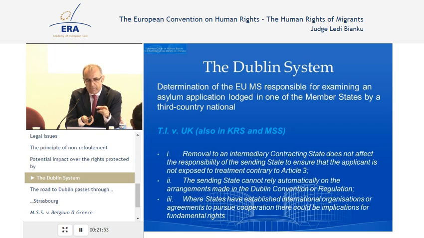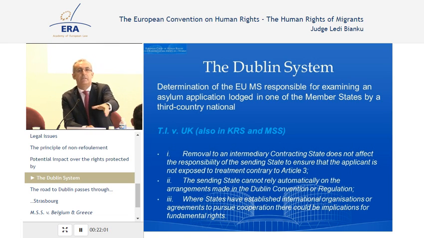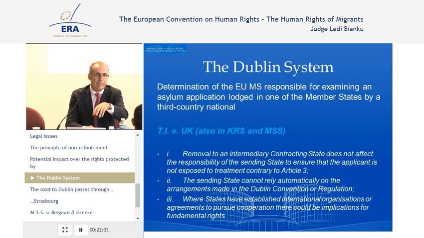The second point, the second state cannot rely automatically on the arrangement made in the Dublin Convention or regulation, mutatis mutandis, Turkey-EU agreement, or whatever agreement, readmission agreement. Third point, where states have established international organizations, this broadens up the principle, or agreements to pursue cooperation, there could be implications for fundamental rights. So be careful when you conclude